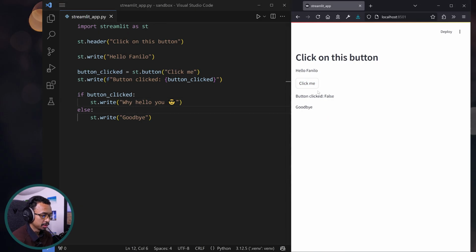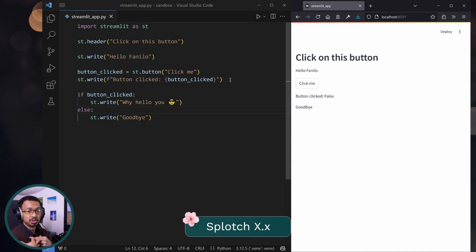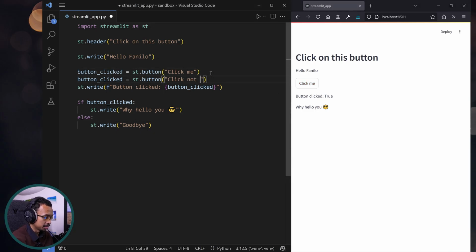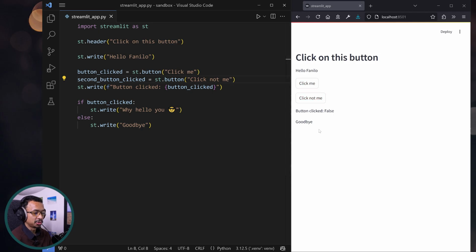And if you rerun, goodbye. Okay. Now this is the very important part in Streamlit. The way I imagine Streamlit is it's like a Python looper. Every time you interact with a widget on the app, like this button, you can put a second button if you want, click not me, like this, and second button clicked. Every time you interact with a button, it's going to rerun the script from top to